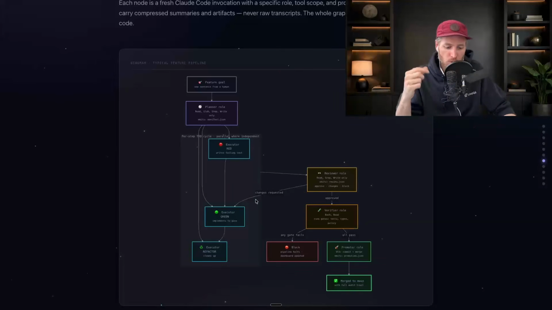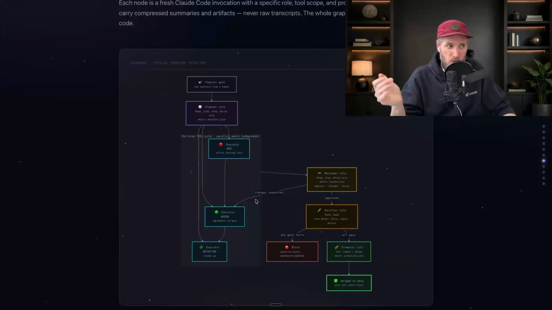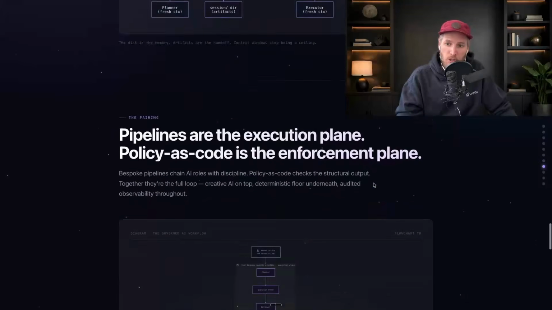So the core trade-off is time, right? If you want a feature done, my argument is to do it right. It should take time, but it's not going to be the dopamine hit of AI doing something in 2 minutes and then being done. It's going to have a planning phase. It's going to have development. It's going to have managers reviewing that development. It's going to be running your policy as code suite, which can take upwards of 5 minutes at times, right? But in theory, if this works, the output is a branch that is ready to merge at the end that's much closer to what you would have gotten. That's my case for why you should be building your own agentic pipelines.